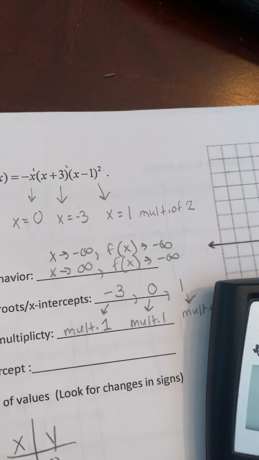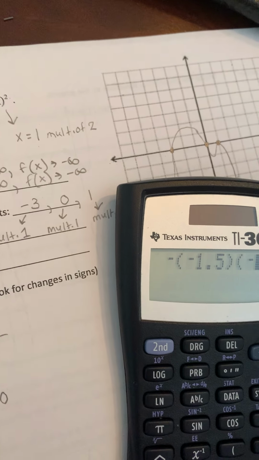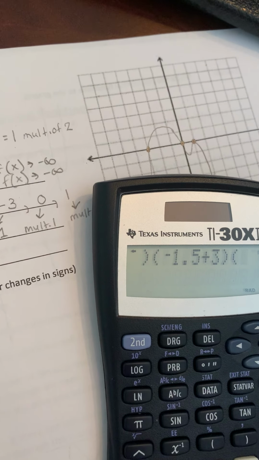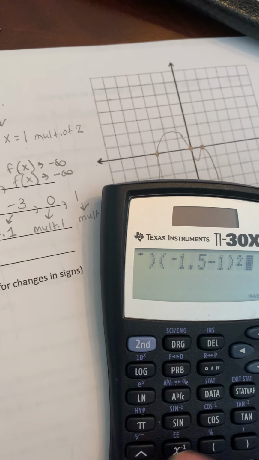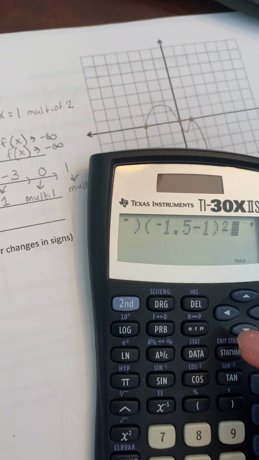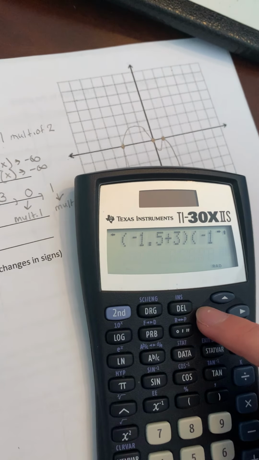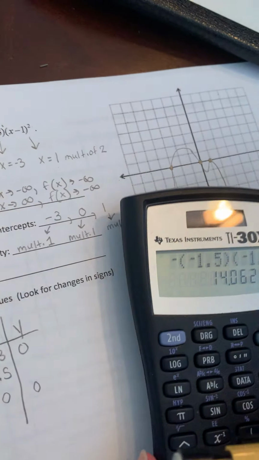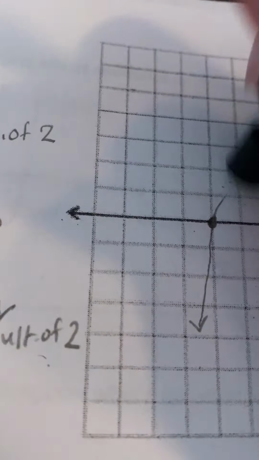So we have -1.5 times -1.5 plus 3 times -1.5 minus 1 squared. Again, I'm just going to confirm that I don't have any typos in here. Okay, and that gives me 14.1-ish. So as you can see here, this is going to